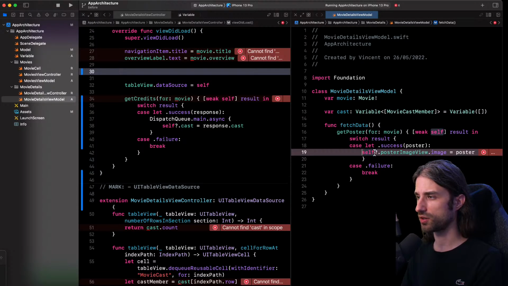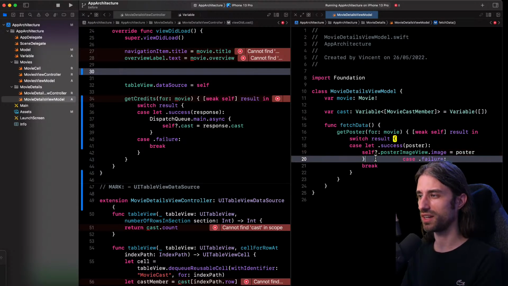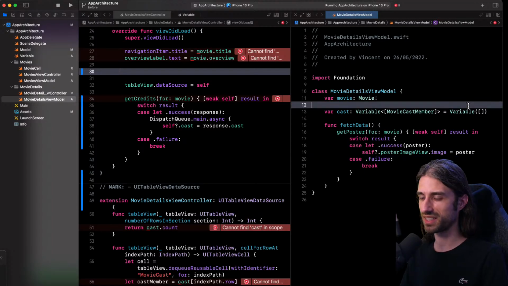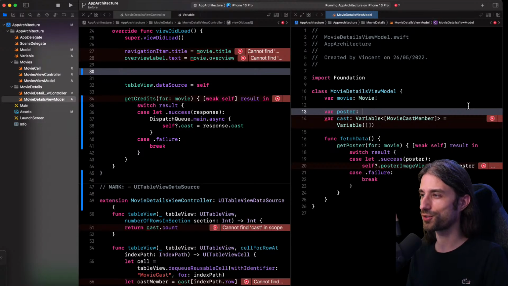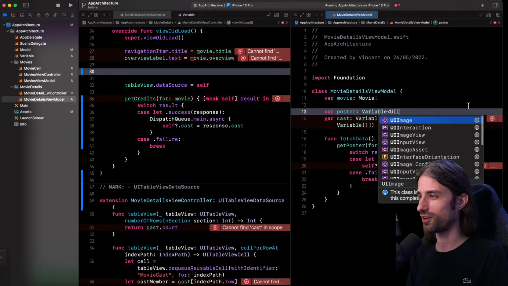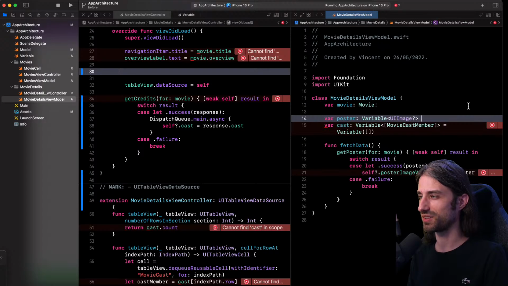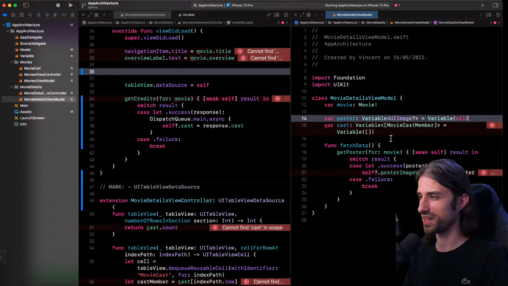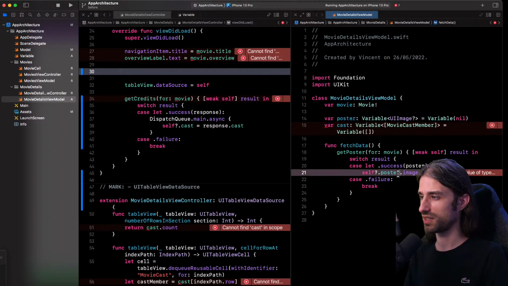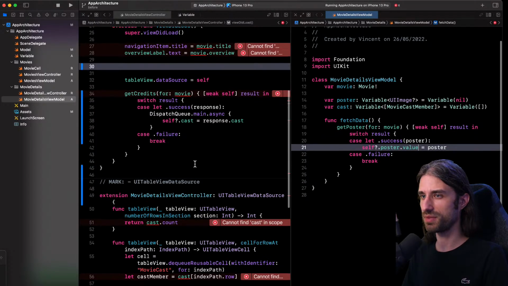So what can I do? Actually, I was saying I don't need a variable, but I definitely got ahead of myself, because I need a variable if I want to have somewhere to register the closure. So I will also have a variable which will be of type UIImage. So like this. Here the initial value will be nil. Perfect. And what I'm going to be doing here is poster and not .image, but rather .value. Okay, this now builds successfully.